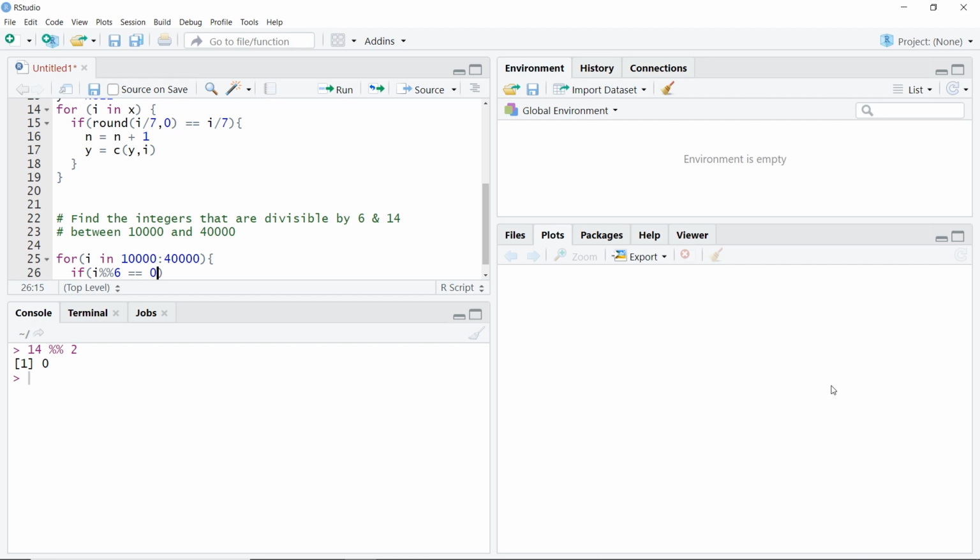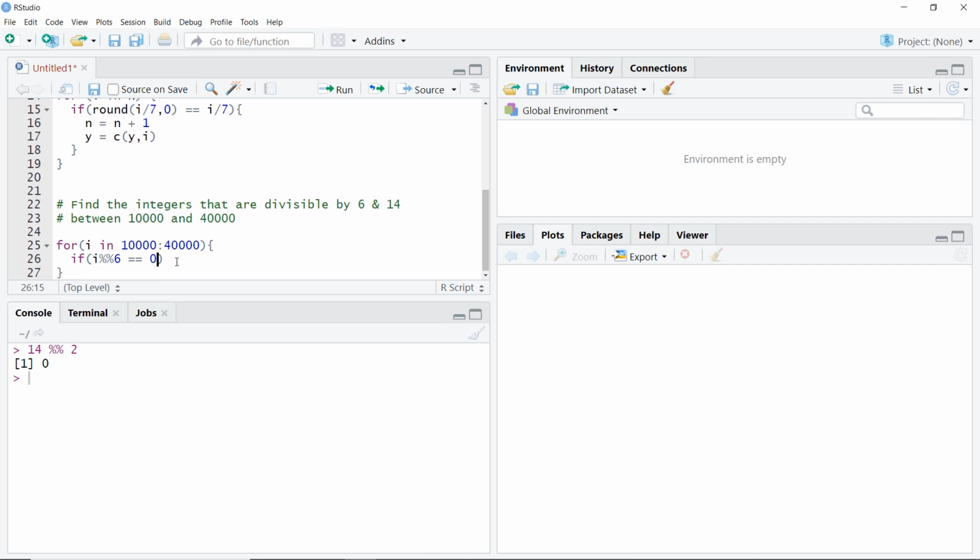If it is divisible by 6, I want to check whether it is divisible by both 6 and 14. So first I will check whether it is divisible by 6, and if it is, then go inside. And inside, then again I'll have an if statement where I'll say i modulus 14 is also equal to 0.